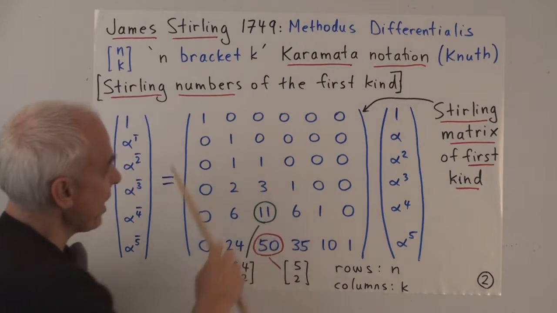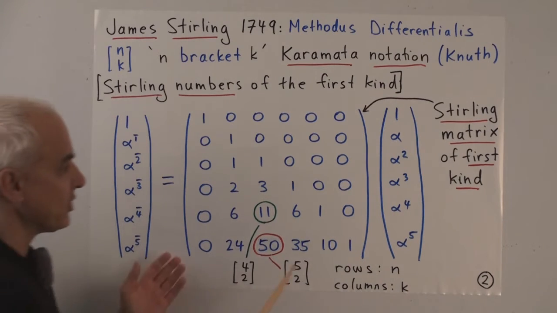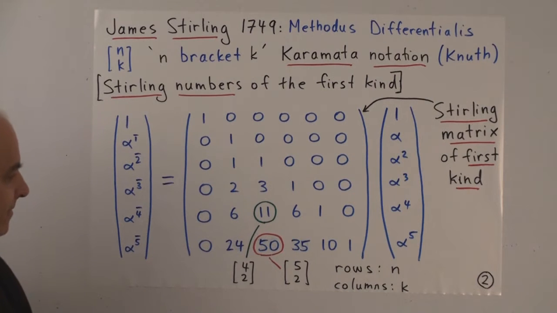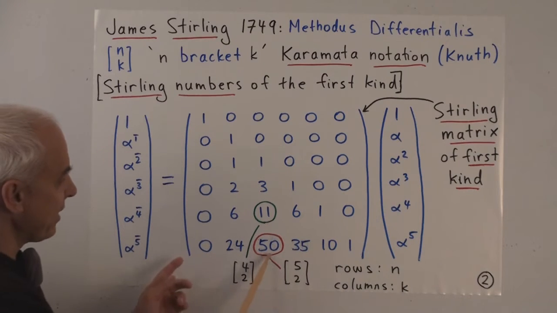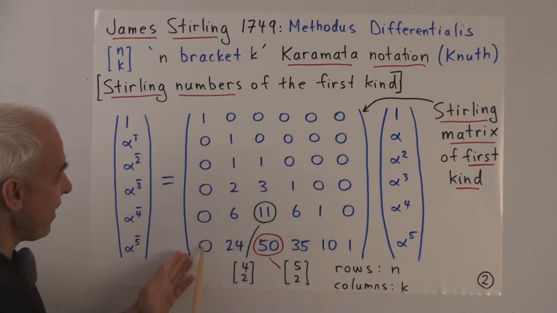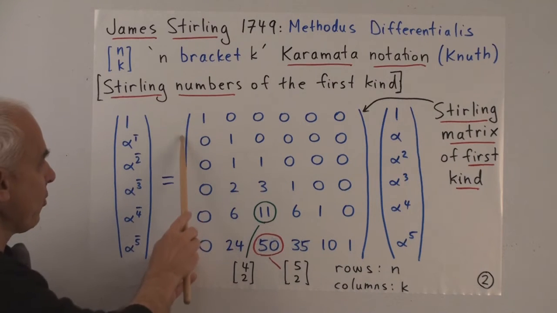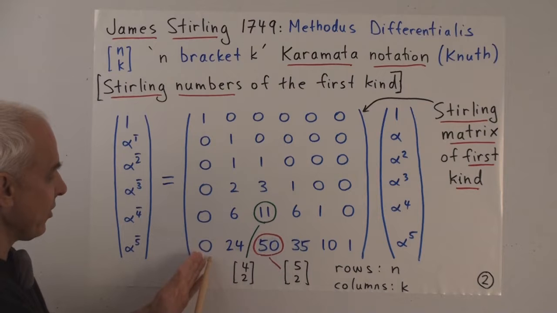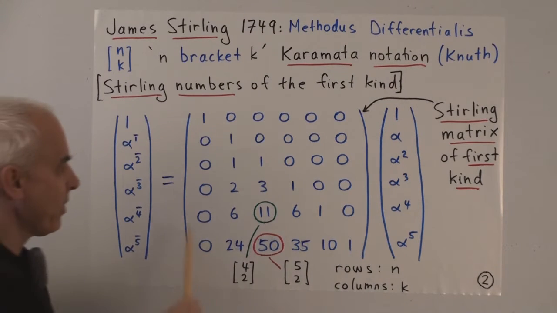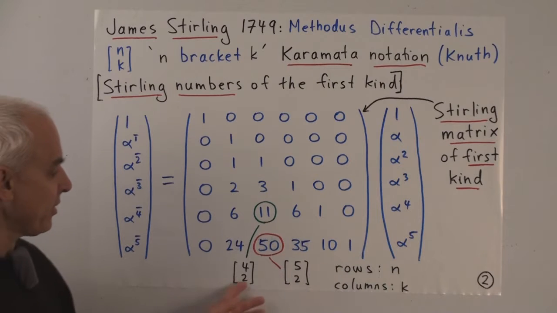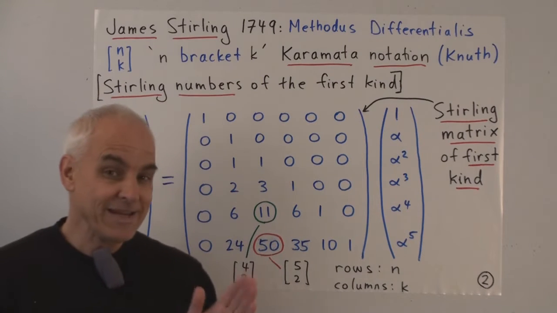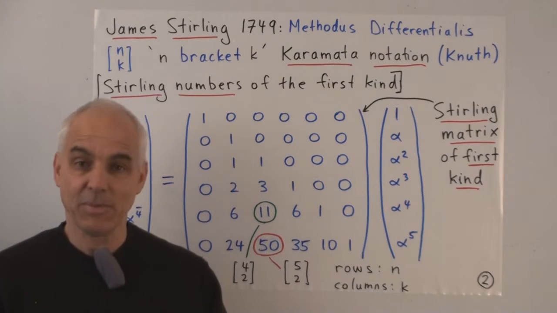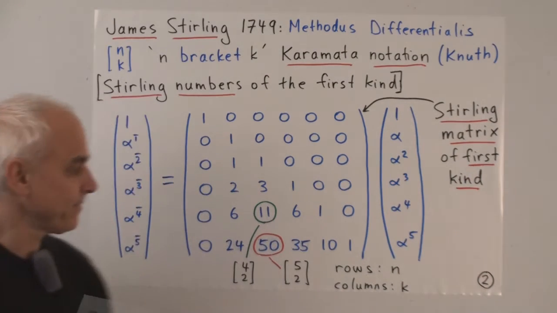And this matrix here that represents the various Stirling numbers, we'll call that a Stirling matrix of the first kind. And we note that the indexing is such that this element here, for example, that's 5 bracket 2, is actually in the row indexed by 5 when you start counting by 0: 0, 1, 2, 3, 4, 5. And it's only in the column indexed by 2 if you start counting by 0: 0, 1, 2. So when we are talking about these Stirling matrices with the bracket notation, we have to remember that our indexing starts with 0. It's a little bit unconventional, but it's not that unusual.